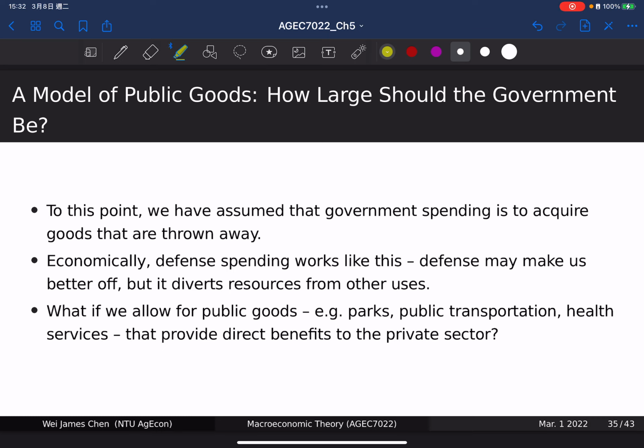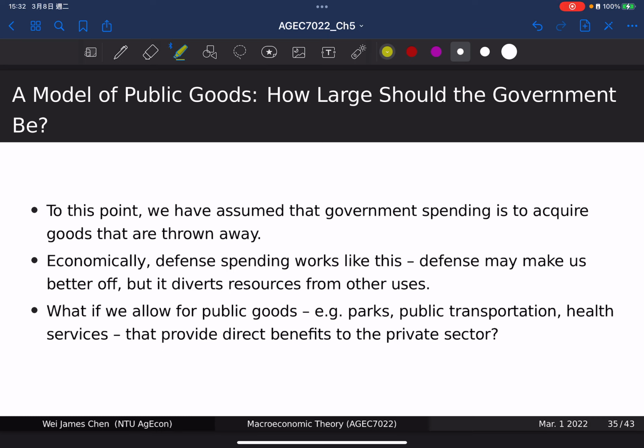We're not focusing on the choice of government spending. We focus on the choice for consumption and leisure, and also focus on how much production, in equilibrium, the model will produce. Right? But